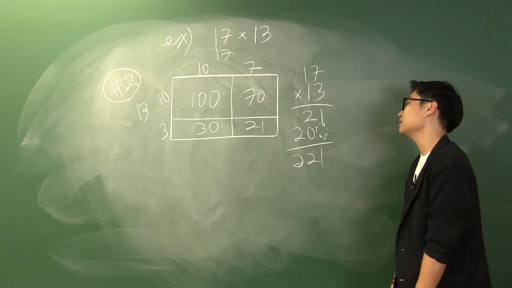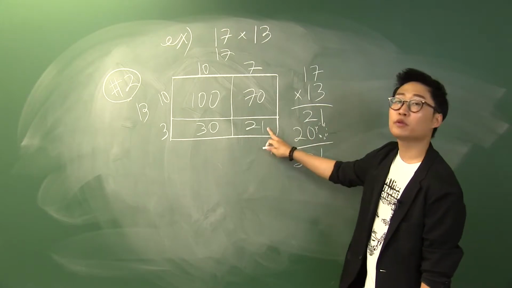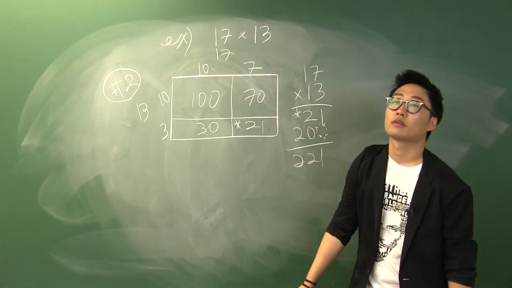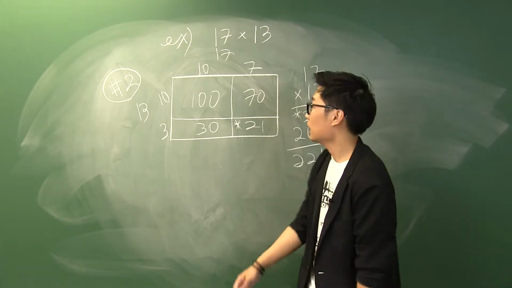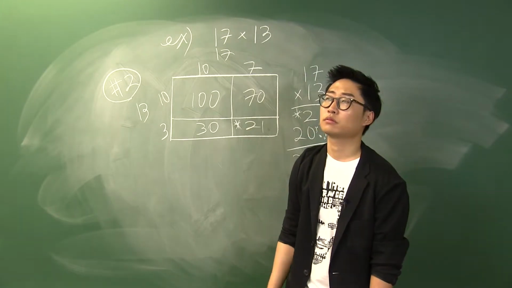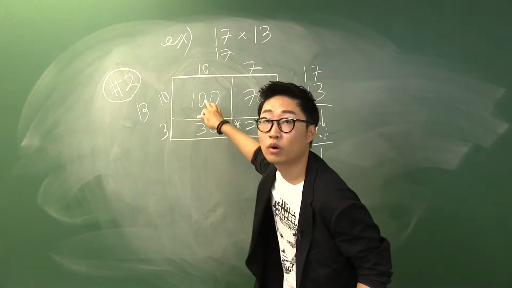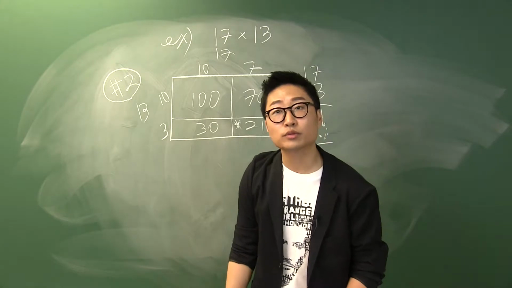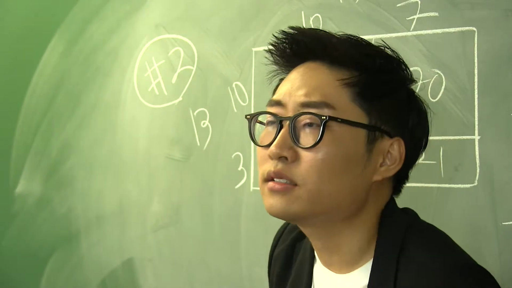So, let's think about these numbers. Okay, where did the 21 come from? Well, probably over here. I see that, right? So, the 21 is over here. But you're like, 200? Where'd that come from? I don't see it. 70, 30, 100. I don't see 200. Wait, hold up. 70, 30, 100? What do I get when I add them? Holy crap, 200, right? Okay, so maybe that's where it came from, but how does that still explain this whole